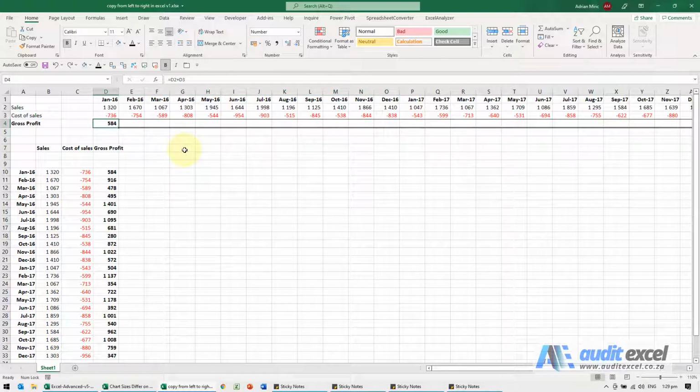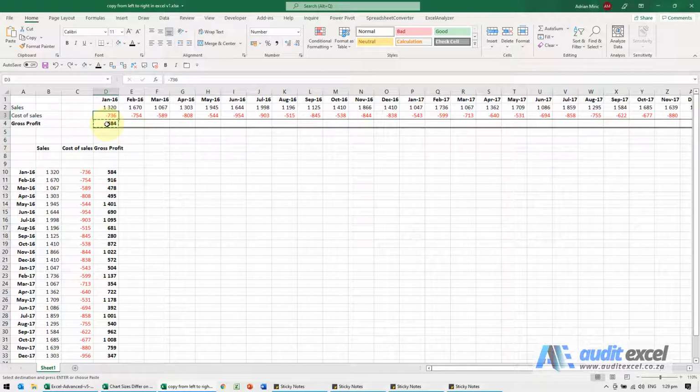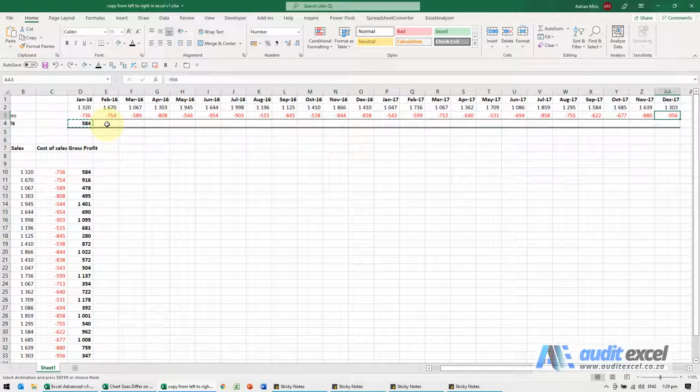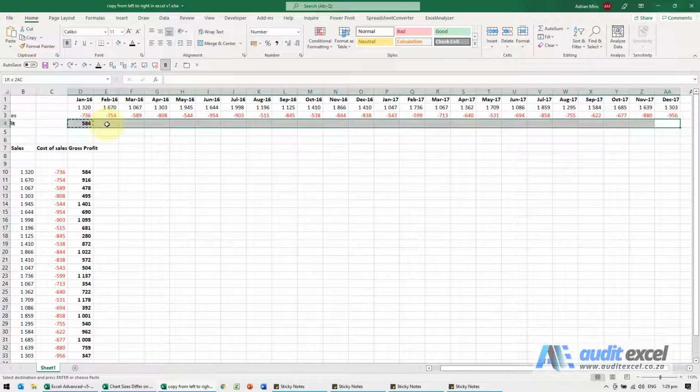So the one way that we quite like, we use quite a bit, is we'll go to the first cell, copy it, then go to a row above that has the full area. I'm going to hold my control down and push my right arrow, get to the very end without actually going all the way to the last column. Go one down, then control shift and my left arrow, and you'll see I've now highlighted that area, and I'm going to go control V and I can paste it. So that's one way to do it. I'm just going to undo.